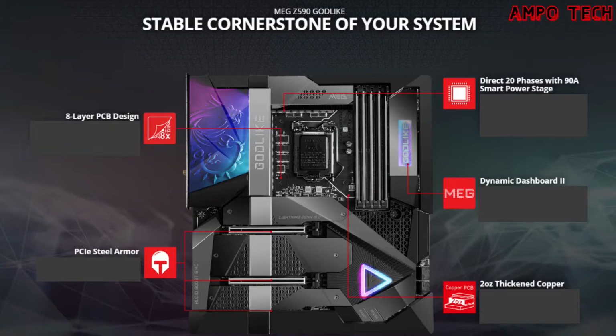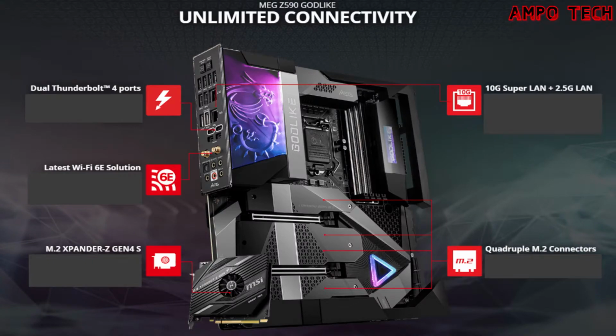The dynamic dashboard 2, which is a colorful OLED panel that indicates the progress status of your GODLIKE. And you can also customize your profile to show off your own personality. The 2 ounces thickened copper, which is a 2 ounces thickened copper PCB, provides higher performance and long-lasting system stability without any compromise. And this motherboard has unlimited connectivity, which are dual Thunderbolt 4 ports, latest Wi-Fi 6E solution,